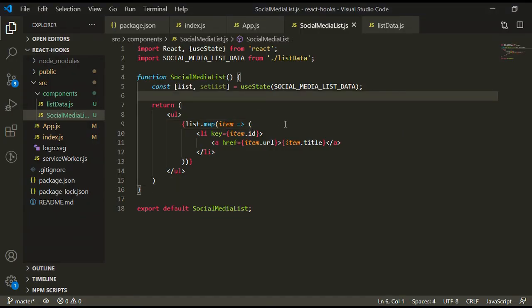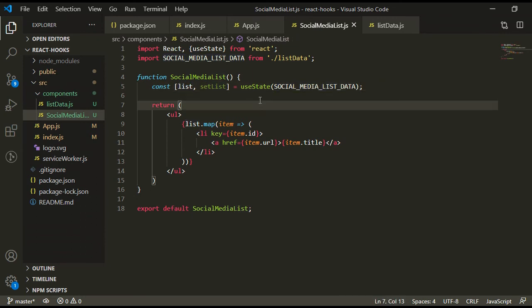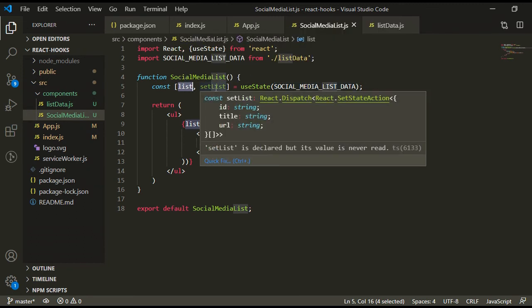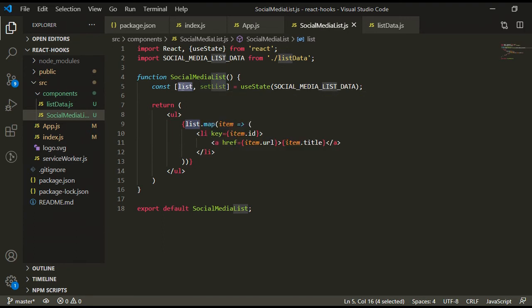So friends, here you have seen we have assigned the data list to this list state. As we have seen, the first thing the useState hook returns is a state value, and the second thing it returns is a function. That function is used to update this state. Friends, you can also use multiple states in a single component.